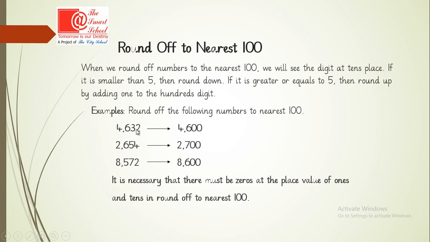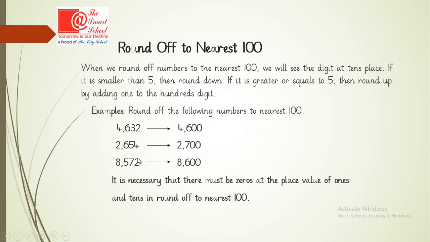4632. Now we will see the digit at tens place, and this is 3, which is less than 5, so we will round down and we will not add anything here, so 4600. The round off of 4632 to nearest 100 is 4600. Now look at the second number. This is 2654. Now at tens place this is 5, it means it will round up, so we will add 1 in the digit which is at hundreds place, which is 6, so it will be 7, so it will be 2700. Now